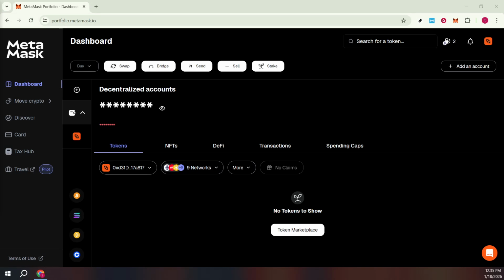In today's video, I'm going to teach you how to use MetaMask Wallet for beginners. Start by opening your browser and heading to portfolio.metamask.io, the official MetaMask portfolio site. This web dashboard brings your wallet activity, assets, and tools into one place, making it easier to understand what's happening